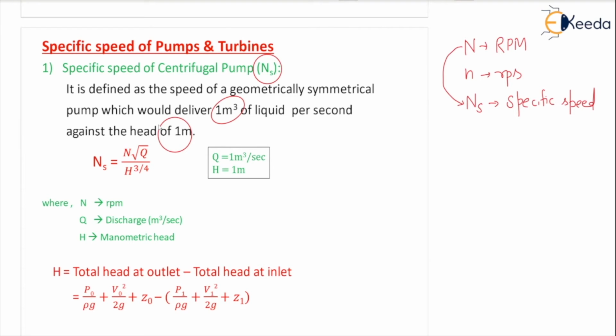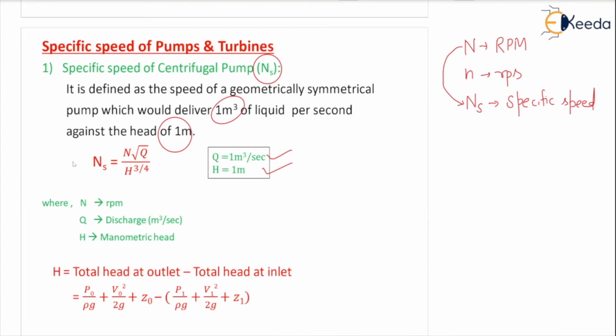So there are actually two pumps and you have to compare. So what is the importance of specific speed? A specific speed is used to compare the performance of the two rotating devices. So you have to make a geometrically similar pump and you have to put a specific condition. The condition is Q equal to 1 meter cube per second, the discharge, and you have to maintain a head of 1 meter. Under that condition, we are going to compare the speed RPM and that is called a specific speed.